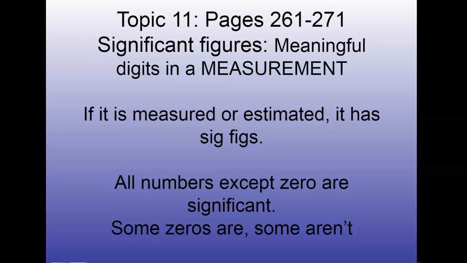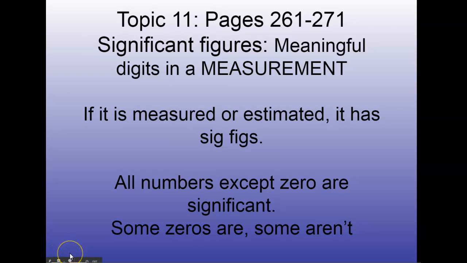Everybody. Today we're going to look at topic 11, which should be read by you in the book, pages 261 to 271. This is going to be our discussion of scientific processes that you've pretty much already learned. There's going to be a couple new things, and we'll talk about those, but you have pretty much already learned what these are. We're going to start with significant figures,